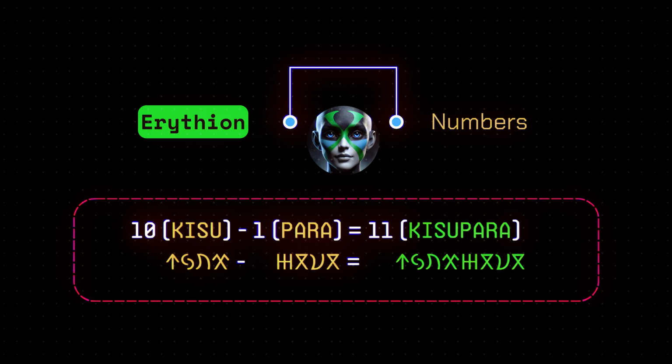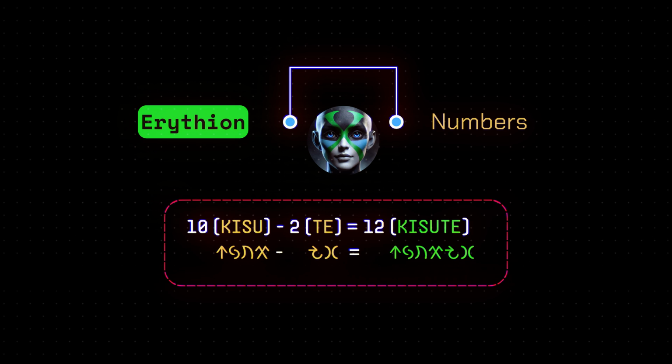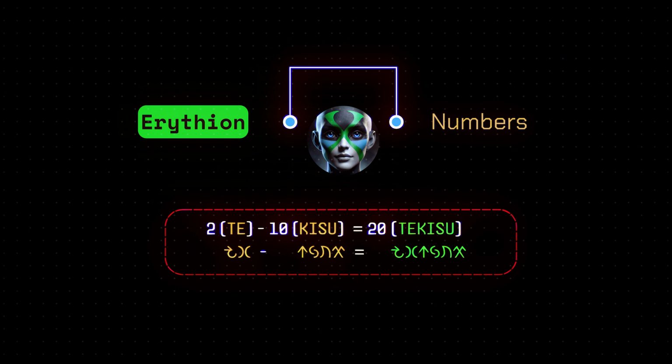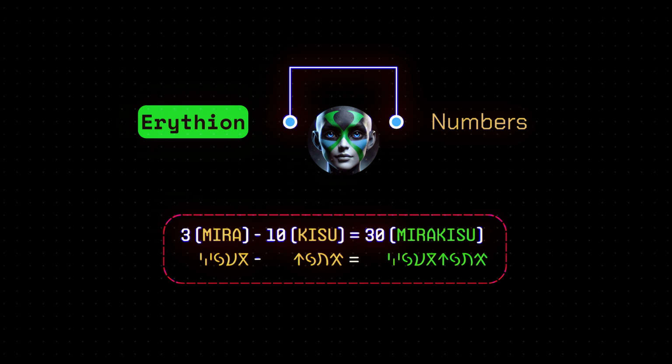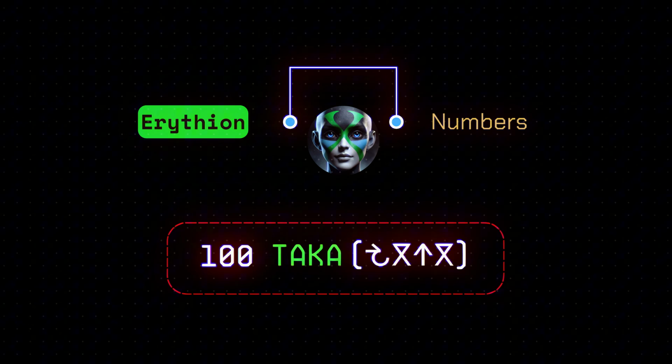So I'm gonna use tons of inflections here as well. For 11, it's gonna be kisu para. For 12, it's gonna be kisute. I'm gonna keep the same base 10 for 20 and just flip the order, tekisu. 30 is gonna be mirakisu, and so on. I'm only gonna use a different word when I get to 100. So now if I wanna say I have 50 books, that will be